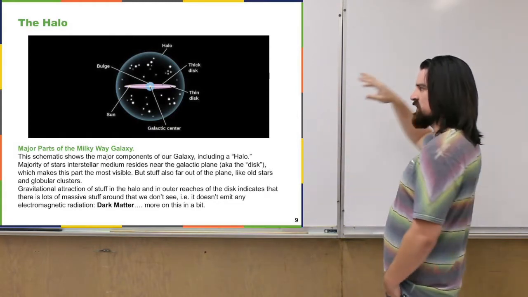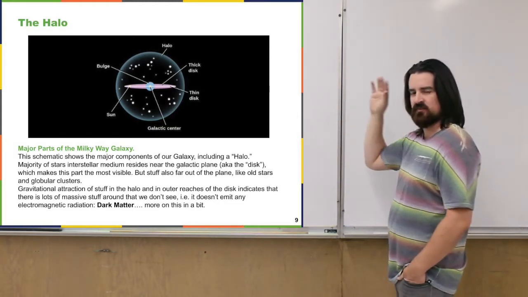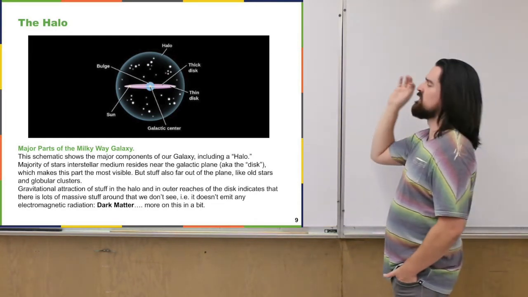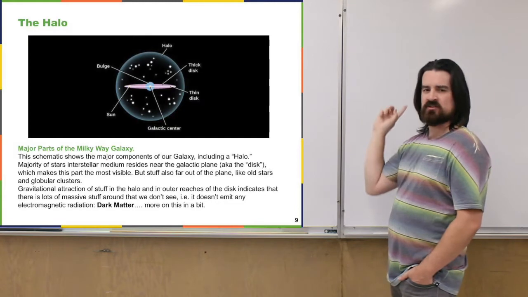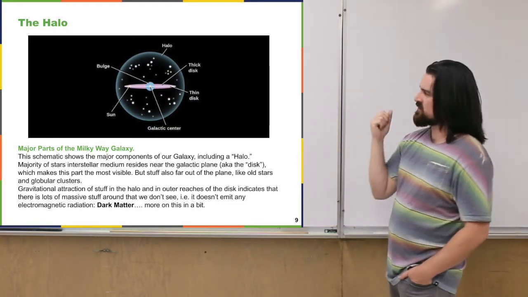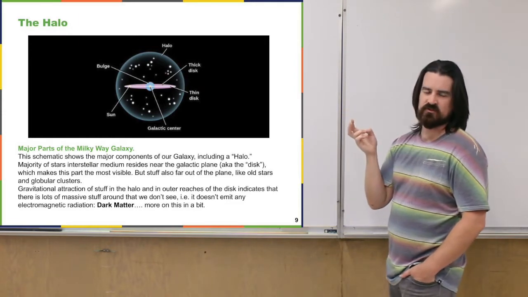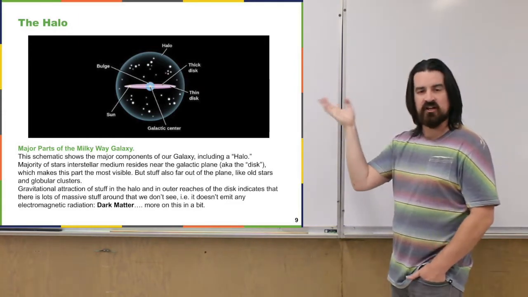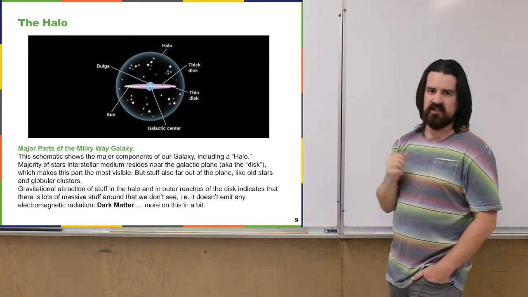Towards the very edge of the galaxy, objects way out there, stars and the gas and the interstellar medium and all that stuff, are still moving around a lot faster as they go around the galaxy than we would expect, given our normal picture of gravity and how much mass, how much stuff there appears to be that makes up the galaxy.